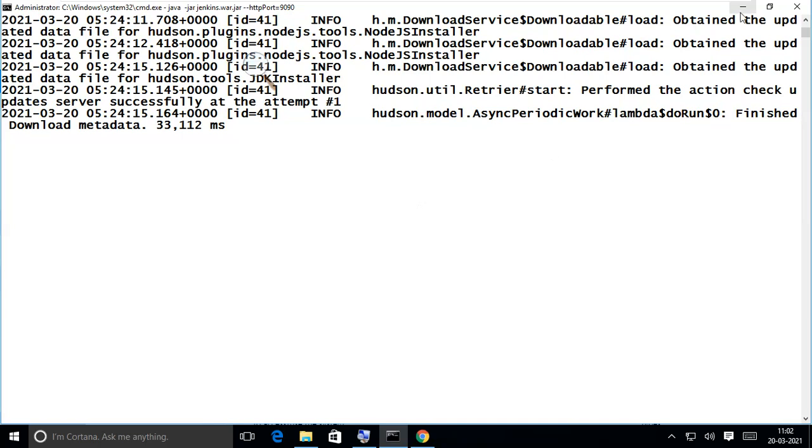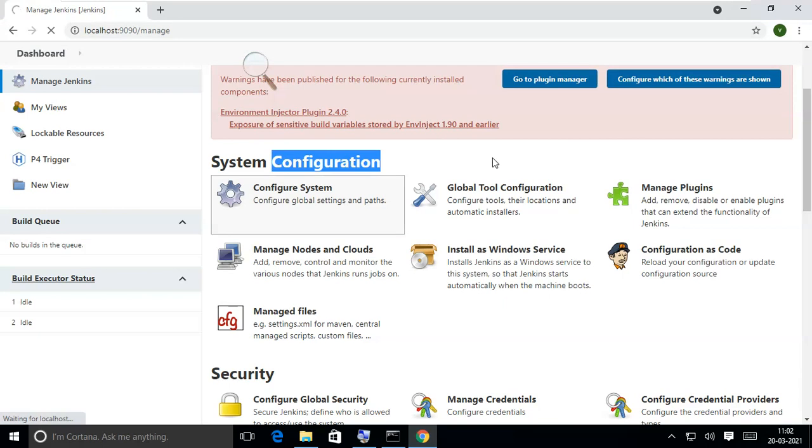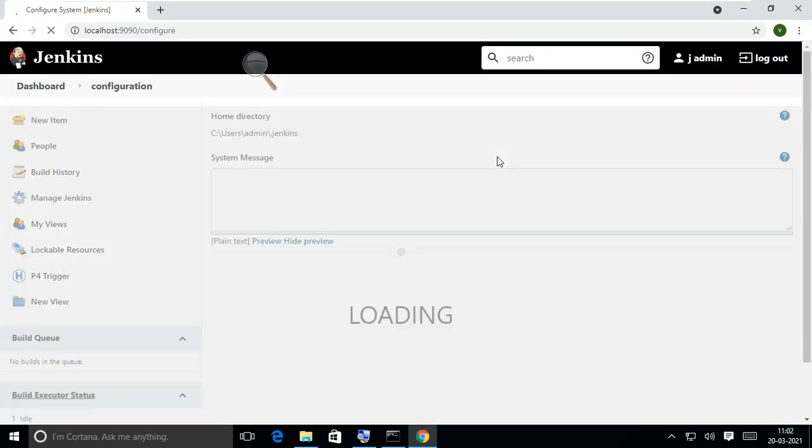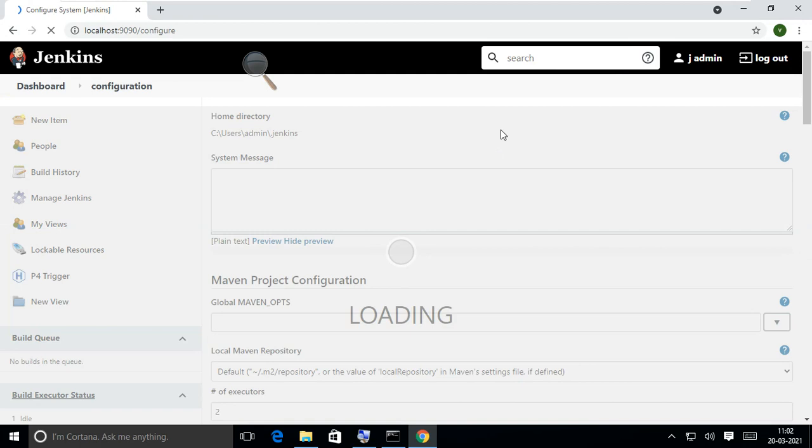How much time? See, it's ridiculous. Okay, so this is a configuration thing. Take time. So today my hand and my mouse, my system, everything is working in a funny way. Is anybody having an idea about Maven? See, how slow my mouse is moving.